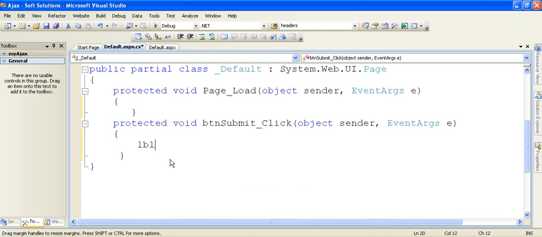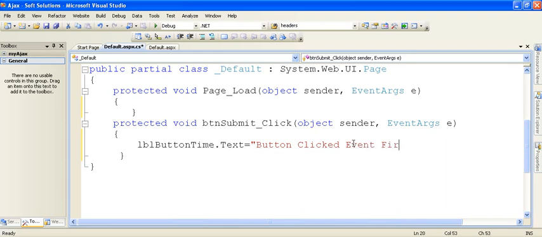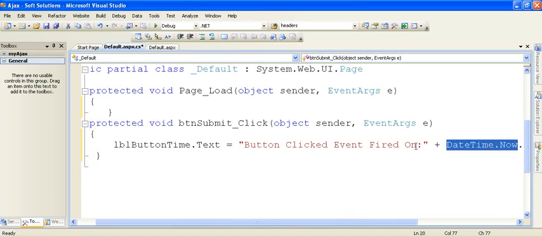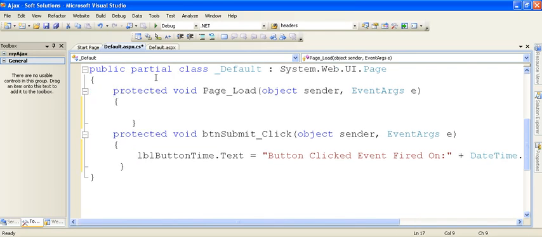Now write down the code. On the submit button click, write down the code lbl button time dot text is equal to "button clicked event fired on". Now this statement datetime.now.toString will display the current date time into label button time.